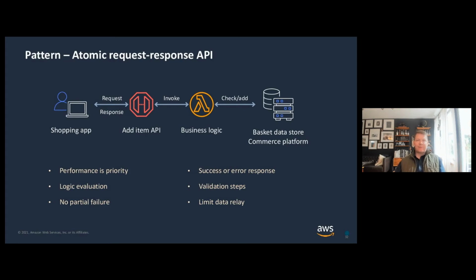And so here we just have the atomic request response model, where you have a consumer or a customer that hits an API gateway, whether that's through the phone app or the e-commerce site. It's all based on APIs and just different skins applied. It invokes a synchronous call to a Lambda function, and then really quickly puts it into the shopping cart. And so this is super simple.